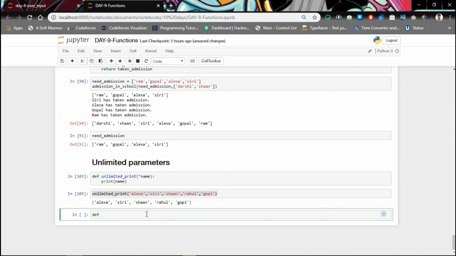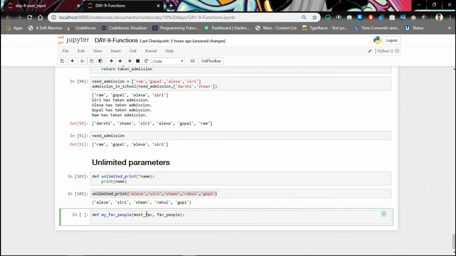Let's define my favorite friend, my favorite people. Okay, I will write most favorite first, and then we will write favorite people later. Okay, and then we will say print my most favorite is plus most favorite, and then we will say